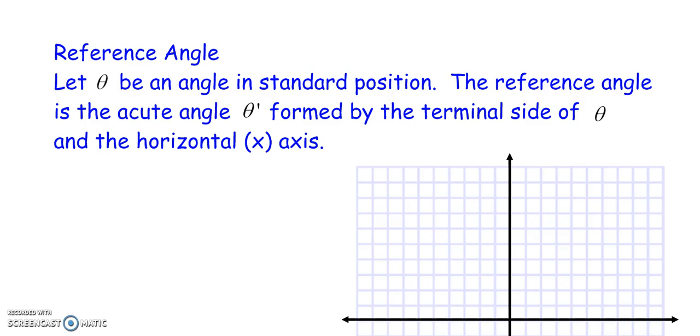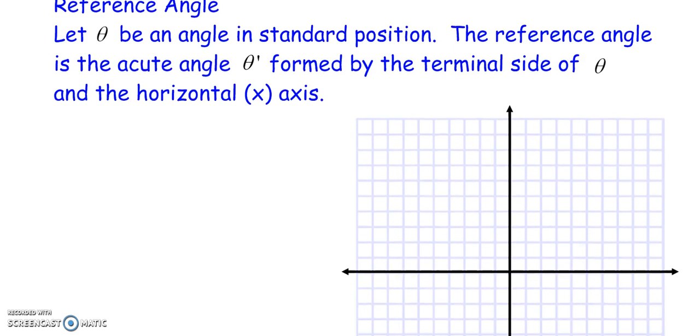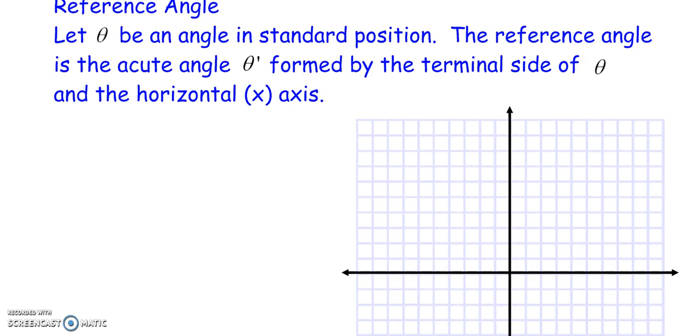Here we're going to look at reference angles, and this is kind of a tricky definition. So if theta is any angle anywhere in the coordinate plane, any degree measure, 0 through 360, 0 through 2 pi, then the reference angle, noted as theta prime, is the